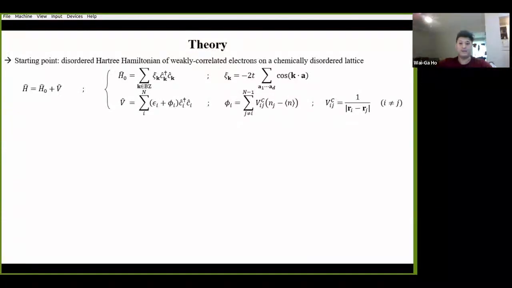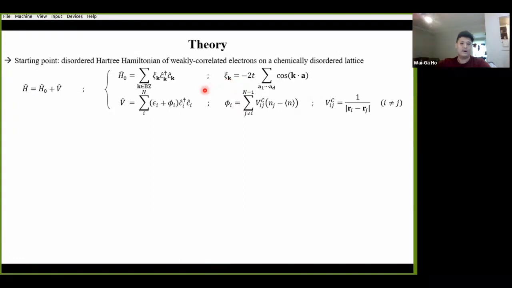All right, so the starting point of our theory is a simpler single band model, which provides a minimal working description of spinless fermions that are weakly correlated through electrostatic interactions. So these are occupying an n-site lattice with some moderate chemical disorder, and the Hamiltonian we use is given here. I'll mention that, because our upcoming theory is a perturbative one, we've already taken the liberty of separating things out into a bare part plus some perturbation. So for the bare Hamiltonian, H0, we're using a nearest neighbor tight binding model that is trivially diagonal in momentum k-space. And this captures the tunneling kinetics with hopping t and single band dispersion epsilon k.